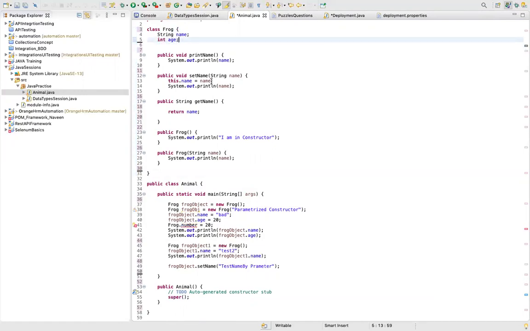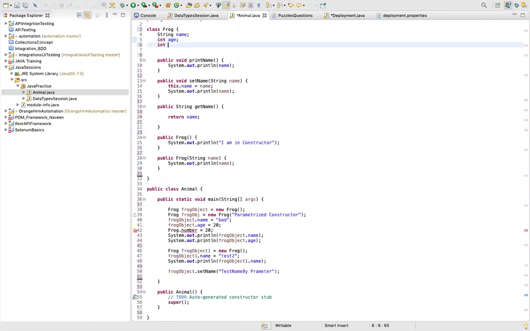Now let's assume I create one more variable over here, integer number. We already have an object, right? I'm not repeating yesterday's session. If I want to access this number, which belongs to this class Frog, from class Animal, I'll create an object.